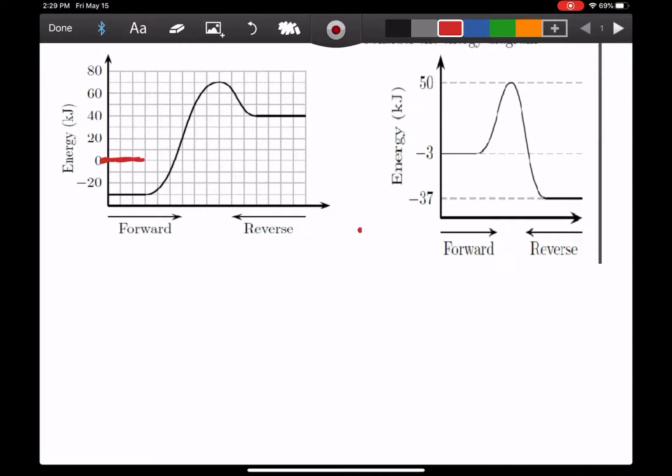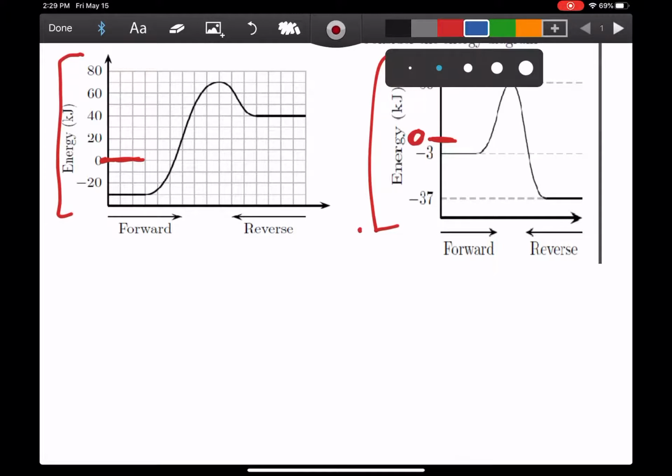These two graphs, yours in the online homework, might have different numbers here on the y-axis. So don't copy mine and use them as your own, but keep in mind that whenever there's a zero, for instance, this goes from 50 to -3 and they didn't leave 0 in there for you. That's going to affect you because when you start calculating some of the things necessary for the online homework, for instance, let's just say you're doing this particular problem on the left, and they ask you to tell them what the EA or